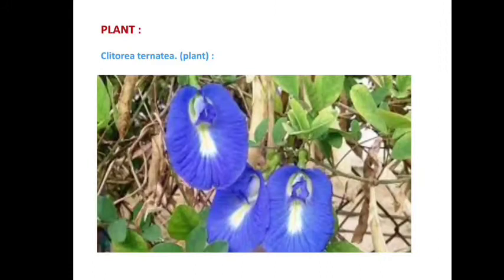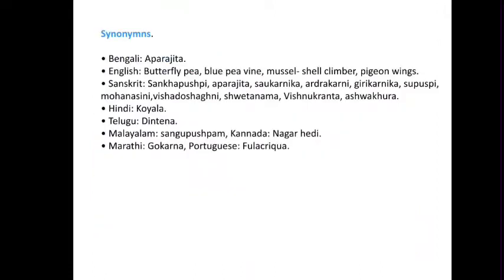This is the picture of the Clitoria ternatea plant. Synonyms: Bengali Aparajita, English butterfly pea, blue pea vine, mussel shell climber, pigeon wings. In Sanskrit, Shankhapushpi, Aparajita, Saukarnika, Ardrakarni, Girikarnika, Supushpi, Mohanasini, Visha